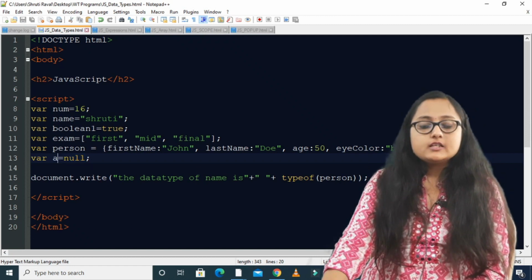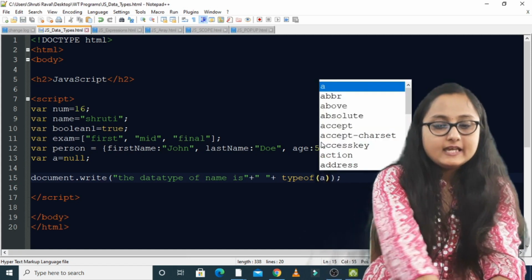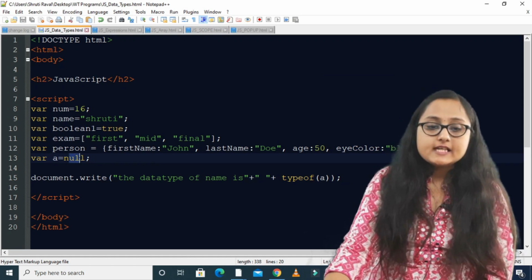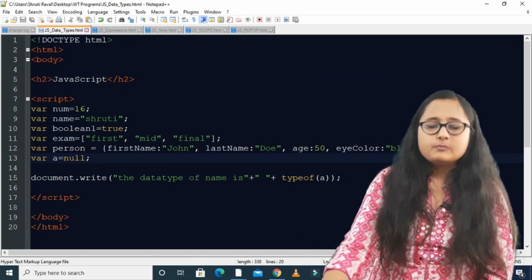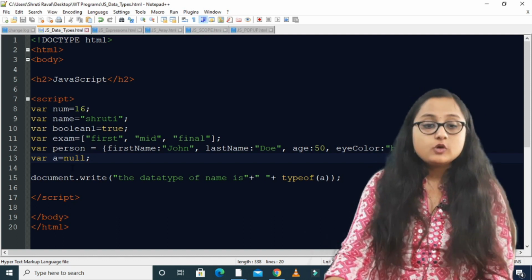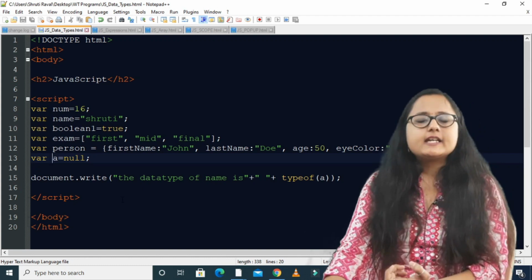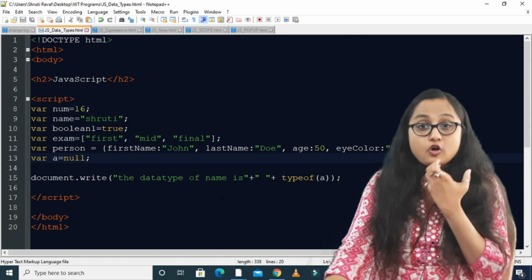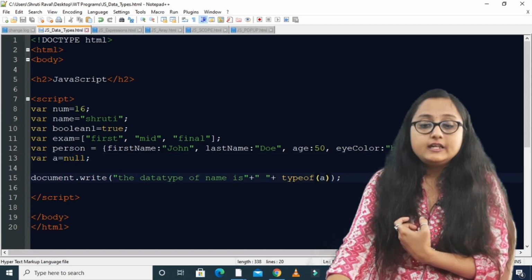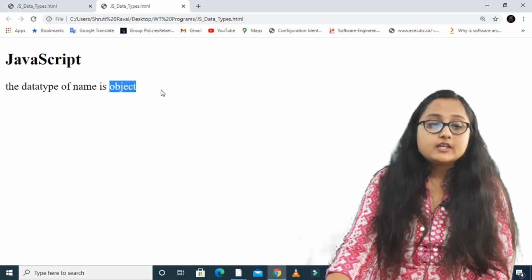Now you may wonder, ma'am, if I pass a over here, will the data type of a be null? No, because null itself is a keyword, it is a value, but the data type of null is object. So because the data type of null is object, whenever you write a over here in typeof, you will get object.